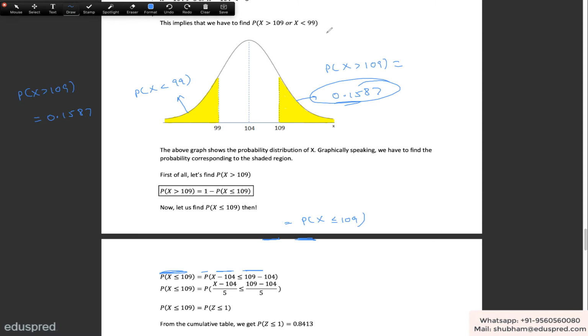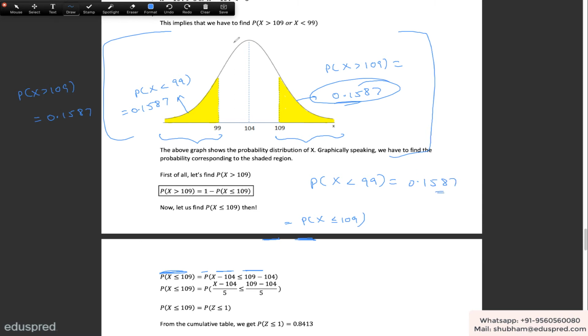The shortcut is that this over here is a normal distribution, and normal distribution is a symmetric distribution. So whatever probability you have for this, you will have the same probability for this. Because the normal distribution is symmetric, these two sides are mirror images of each other. So over here also you're going to have the same probability, 0.1587. Okay, I hope this much is clear. So the probability that x is less than 99, using the symmetry rule, is equal to 0.1587.